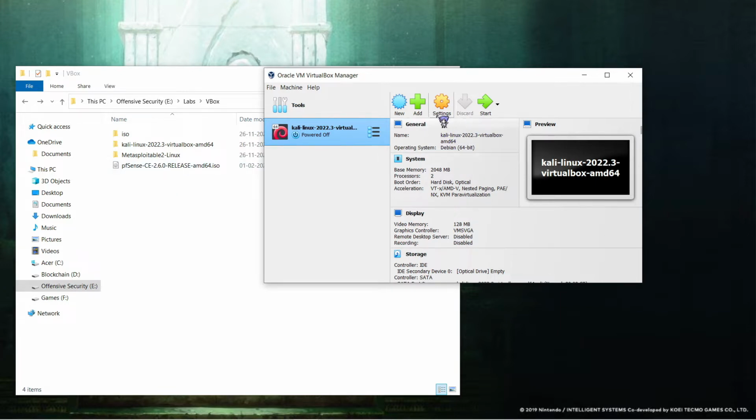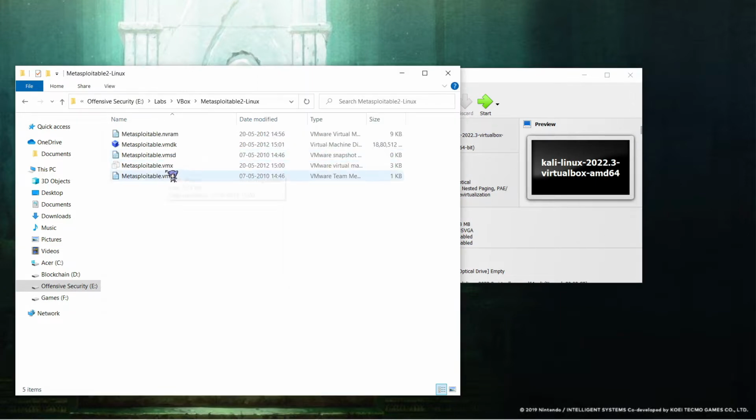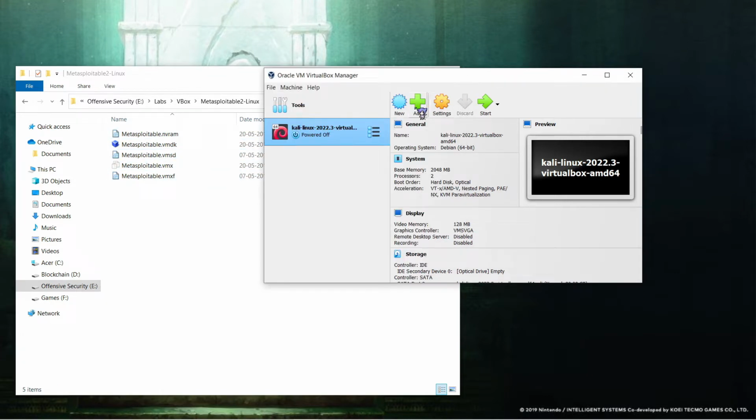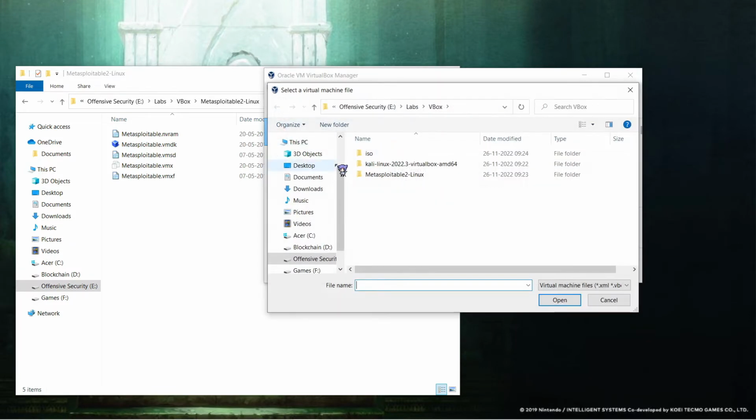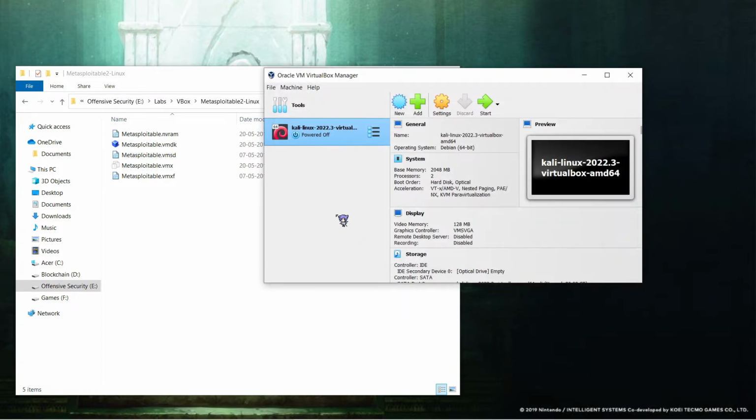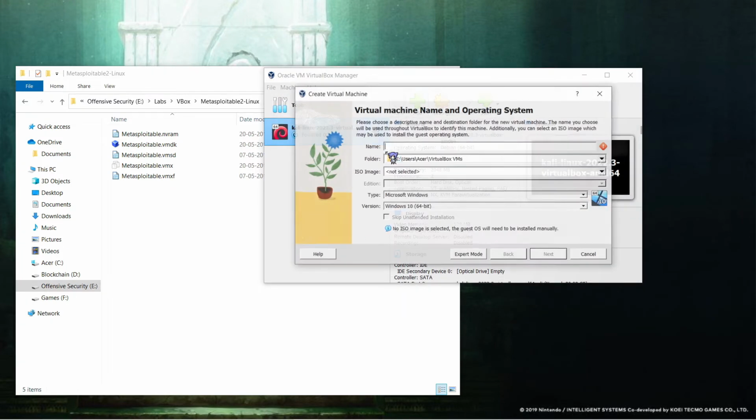Next thing you want to add is this Metasploitable image. Adding this can be a little bit tricky because this is the image. All these are configuration files, so you need to configure before you add it. Let's try to add it. You'll see there's nothing. So you cannot add it directly, and you need to create an image like so,